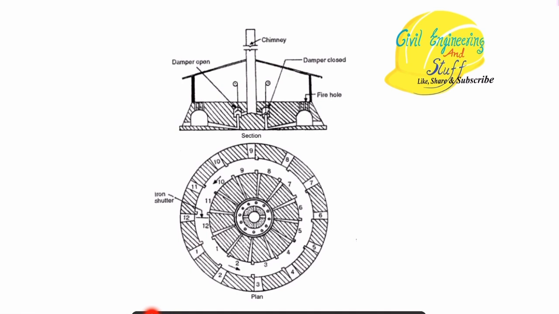let's say sections 1 to 4 achieve the desired process of burning, while in sections 5 to 12 the burning process still needs to be continued. Then sections 1 to 4 are shut down with the help of iron shutters. They are separated from the rest of the sections, and after being shut down, the batch of the bricks is removed.